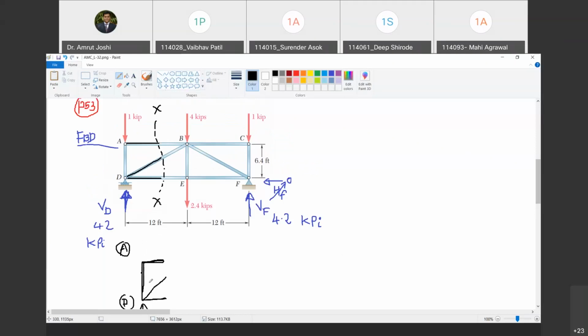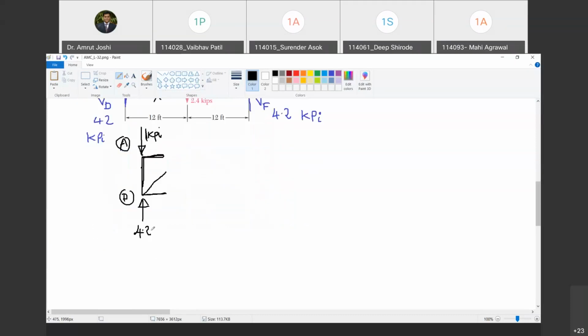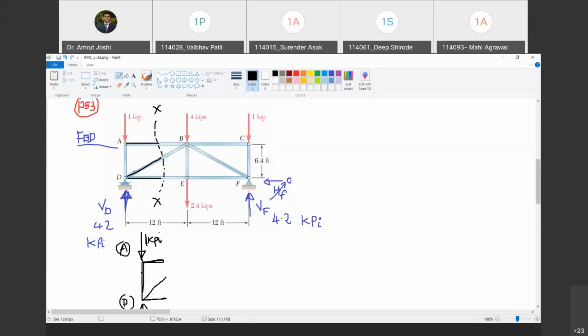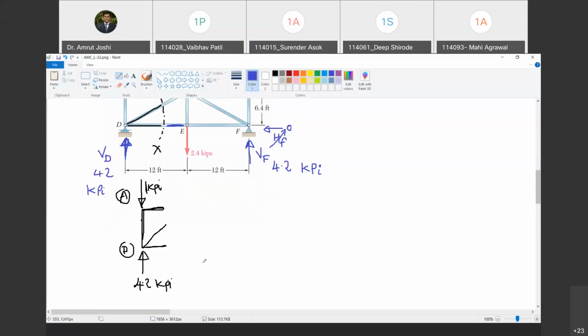Then this load of 1 kilonewton I will have to keep as it is. Are you with me? Yes, sir. So that 1 kN is as it is. This 4.2 kN is as it is. And now the force in member DE. Just have a look here. This part of member DE, is it external to the left hand side part of member DE? Yes. So I assume that member DE has a tension in it. So I am going to show a tensile force offered by the part of member DE marked in blue on the part of member DE marked in black. Are you with me? Yes, sir.